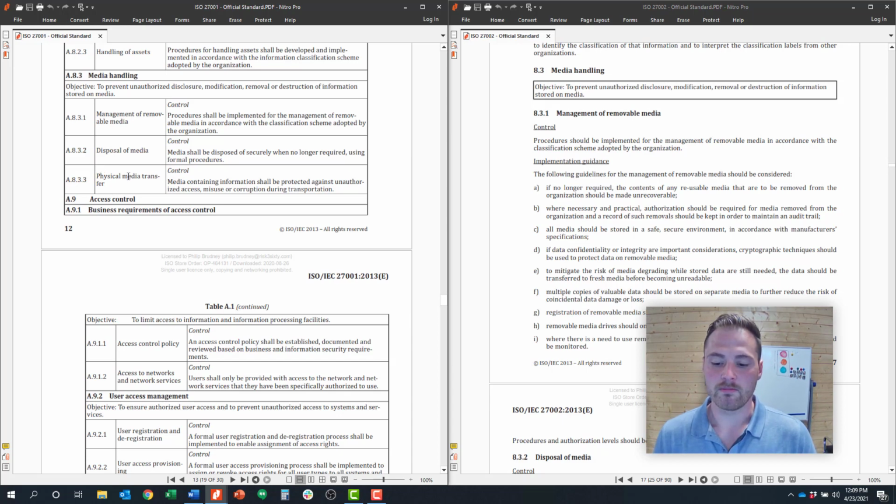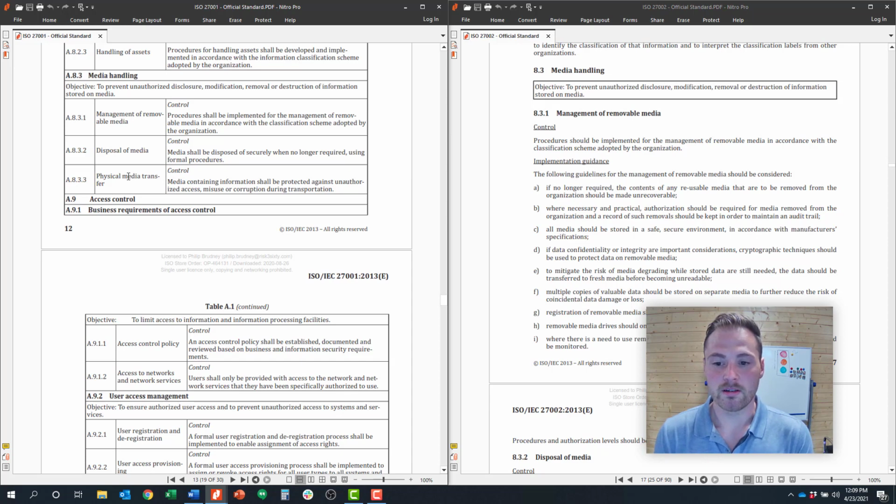The last control in this control objective is 8.3.3 around physical media transfer. So that is a control that really refers to if you're an organization that has to, for example, ship hard drives, or if you're in a company that is doing a data center move, a physical data center move, things like that. How are you physically going to transport that media?